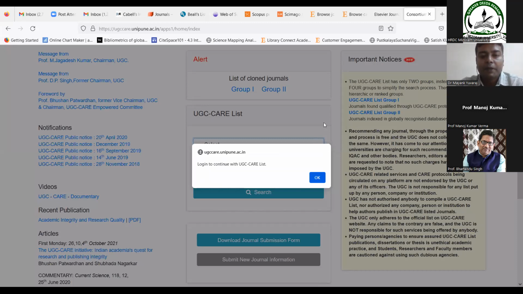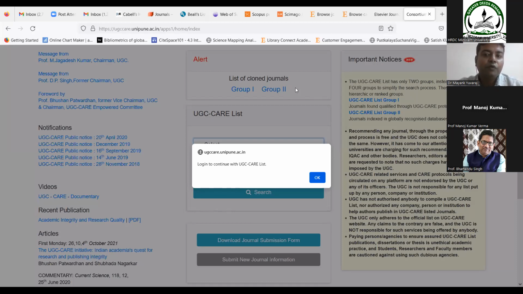But even then, it is my personal opinion that you should always focus on Group 2 journals. The reason is that Group 2 journals are already indexed in Web of Science or Scopus, and they will always be in the UGC CARE list.